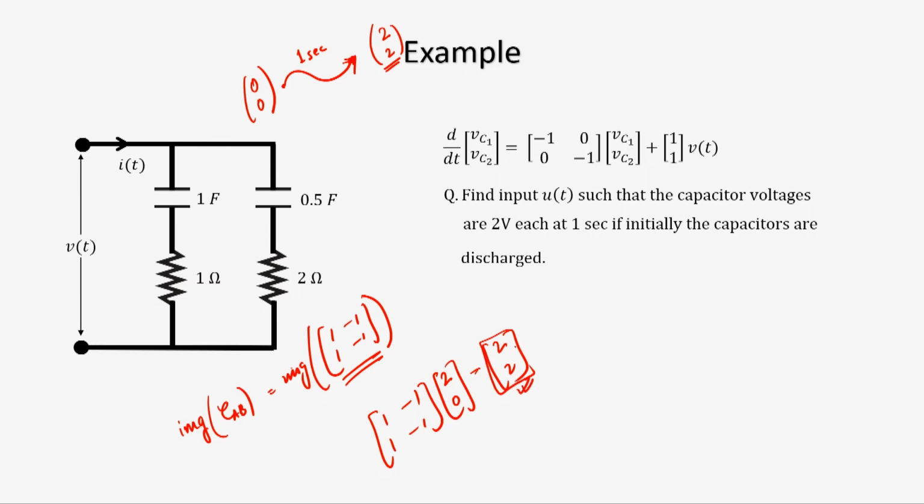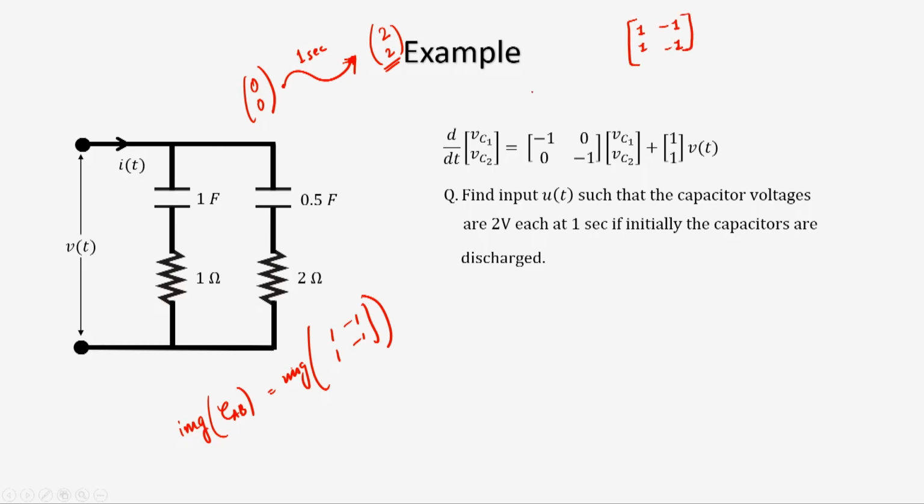So, that means (2, 2) can be written as a linear combination of these two column vectors. So (2, 2) belongs to the image of this matrix. What do I mean by that? Again I am repeating: if you take this matrix [1 1; -1 -1], I can find values of a1 and a2 such that this equation is solvable. Then only can I say that this is in the image of this matrix. In this case, (2, 2) is in the image of this matrix.